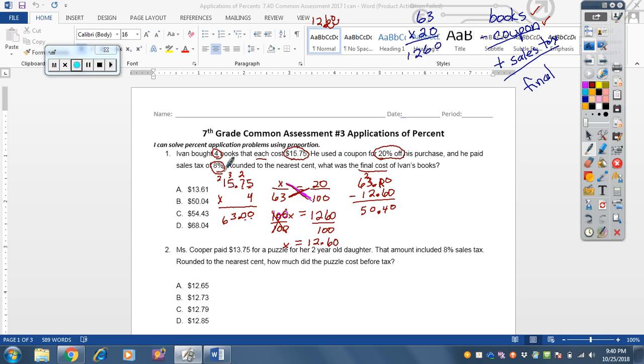Well, the sales tax is 8%, but that's not the same as $8. I need another proportion. I need to know what 8% of $50.40 is. I have to do all the steps of the proportion. 100 times x is 100x. $50.40 times 8,